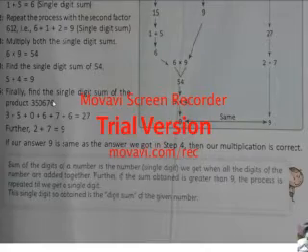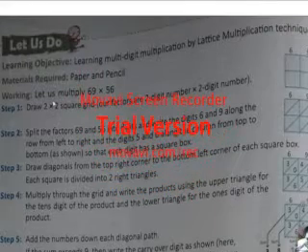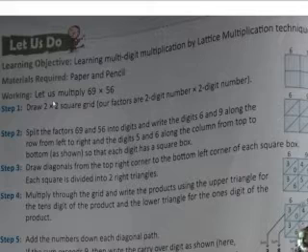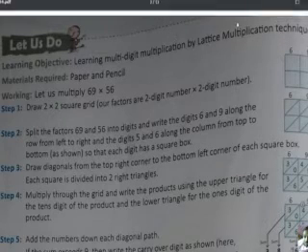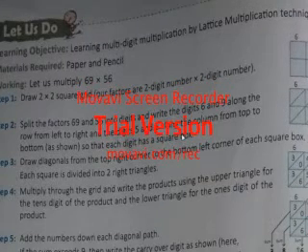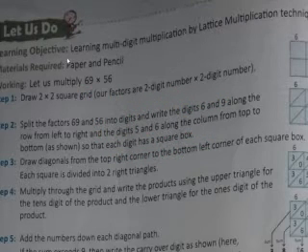So now if you will see, there is one more great technique in the activity, that is, let us do. Let us do means what? Okay, students, as you can see, the camera stopped working, so due to that I'm just explaining to you. After a few moments, you can see our learning objective.